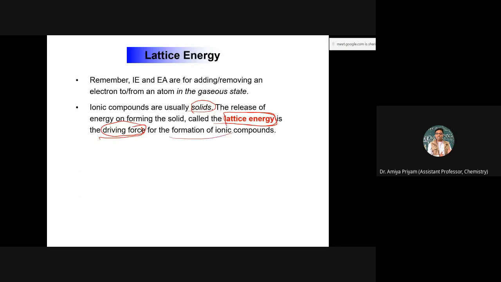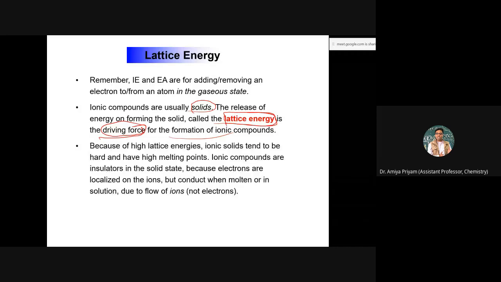And this is what you have. You find it exists and it is stable. And this is what keeps them together, and that's why they are hard and have high melting points. And it is because of this that they are held together tightly and do not move when an electric field is applied. Only when it is molten or dissolved in water or any other polar solvent, you find the flow of